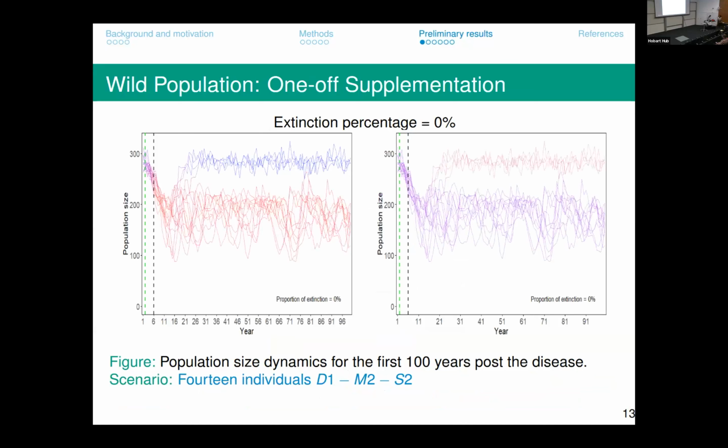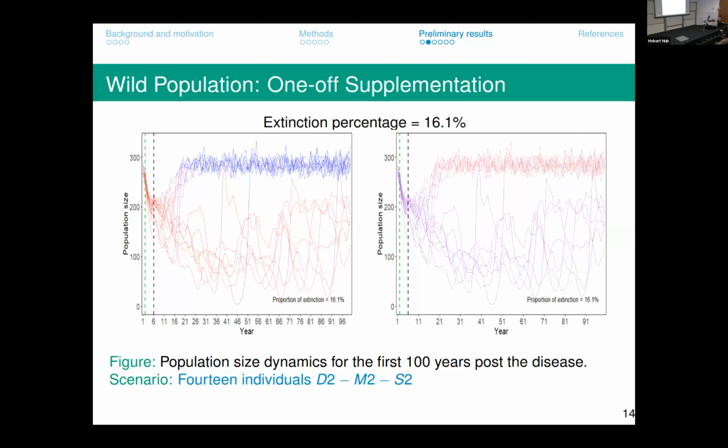This is the preliminary result. These are the scenarios we have: when we do nothing, and when we supplement 10 individuals, 14 individuals, 40 and 56. I picked 14 individuals. This is when disease transmission is low, and the beneficial mutation helps the wild population evolve against the disease, to live longer. We didn't observe extinction. The first graph shows the individuals by proportion of infected individuals. It is bimodal: the lower peak is those that suffered due to the disease, and the upper one is those that cleared the disease.